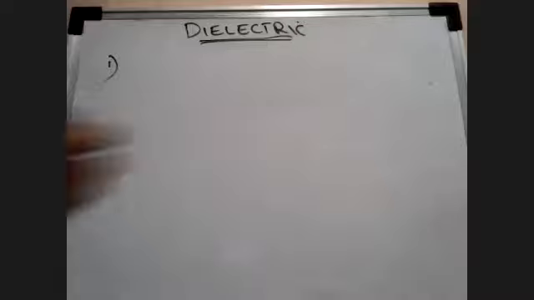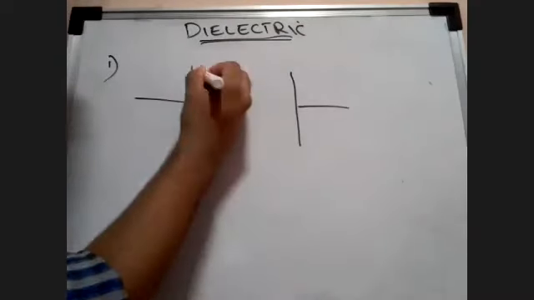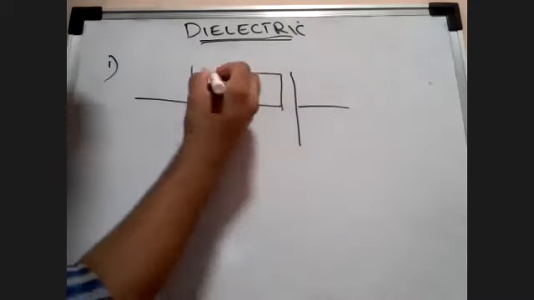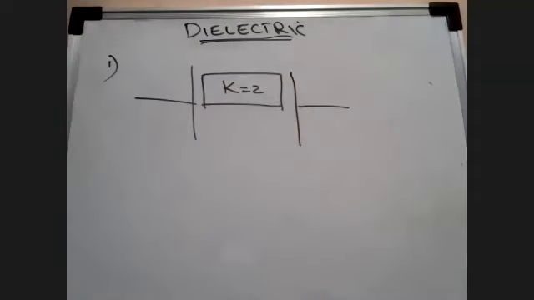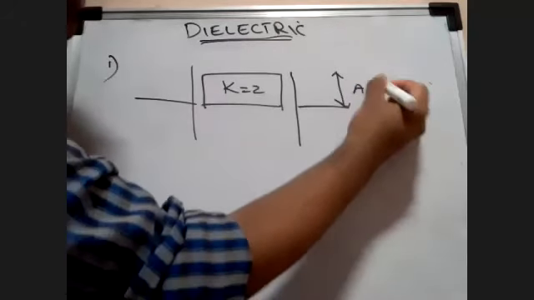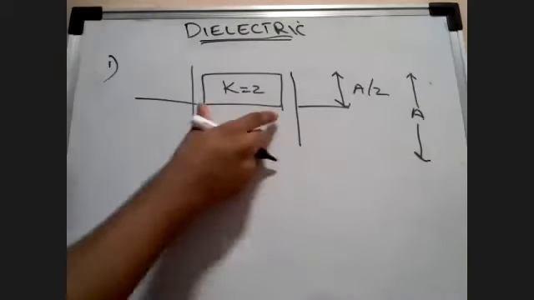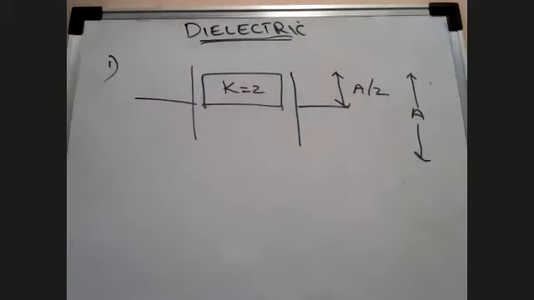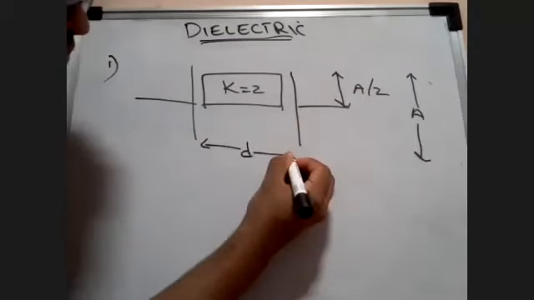do this one. Let's say I have a capacitor, since you all have covered both now. So let's say a capacitor with a dielectric medium which is only half in the capacitor, and I say that K is equal to 2. Okay, I want you to find out the equivalent capacitance if the area between this is A by 2. Of course, the entire area is going to be A. And the dielectric is taking an area which is A by 2. Then tell me what is going to be the equivalent capacitance of this, taking distance equal to D.